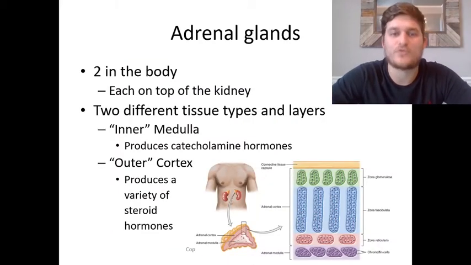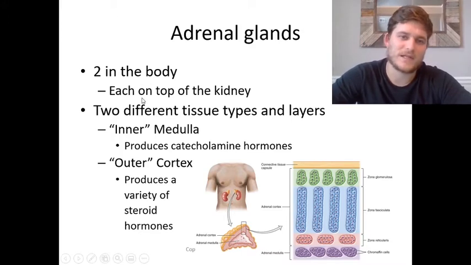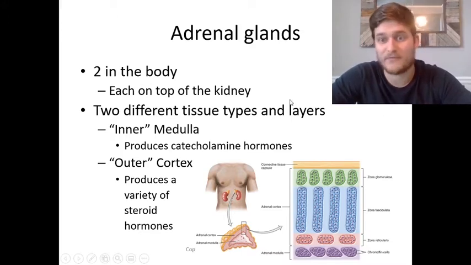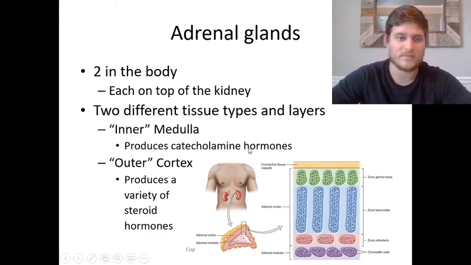Next, we have the adrenal glands, which are located on top of the kidney, and like the thyroid glands, it has different groups of cells that are going to release different hormones. We group the layers of these cells typically as the inner medulla, the adrenal medulla, which produces our catecholamines that we were discussing earlier, dopamine, norepinephrine, and epinephrine. And then we also have the outer adrenal cortex, which is going to produce other hormones.